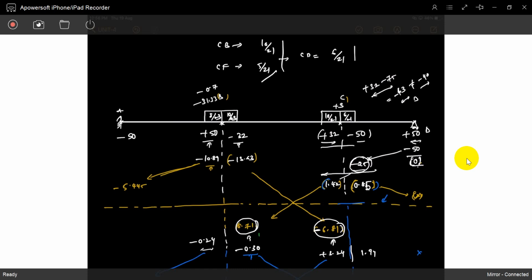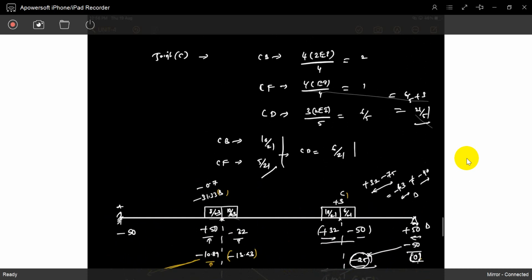So see how simple it is. In the slope deflection method, we have to consider equations. We have to solve the equations. Here there are no equations at all. It is just manual: distribute 50, 20 goes here, 30 goes there. You can easily visualize that, based on the stiffness of the members joining at the joint, the moment is distributed among the members. If you find the stiffness and distribution factors, you can easily visualize how the moment is distributed between them. Understood? Just the first iteration is over.